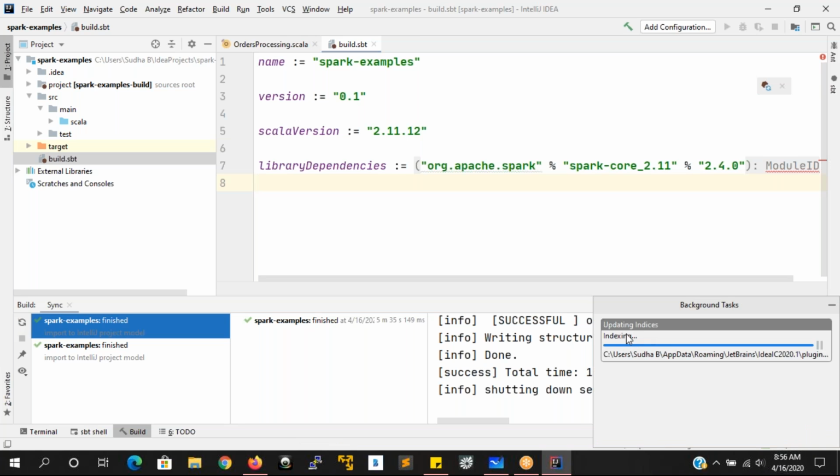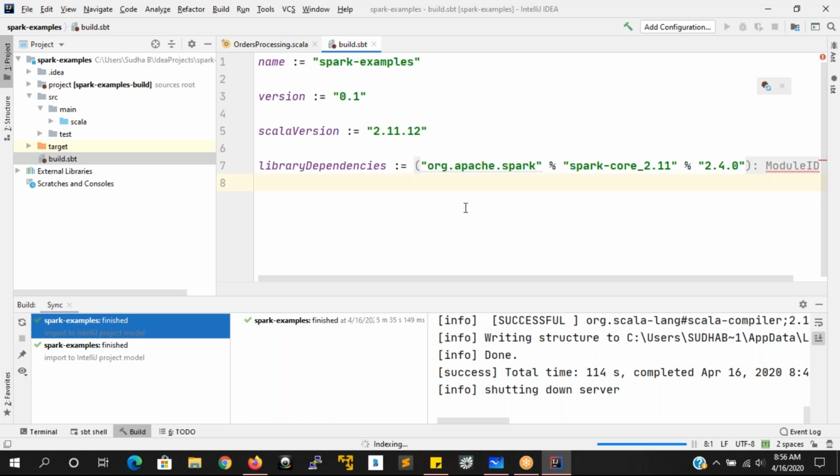So here you can see it is updating the indexing. It is going to update the indexing because it is trying to set up your environment suitable for this Spark core application.